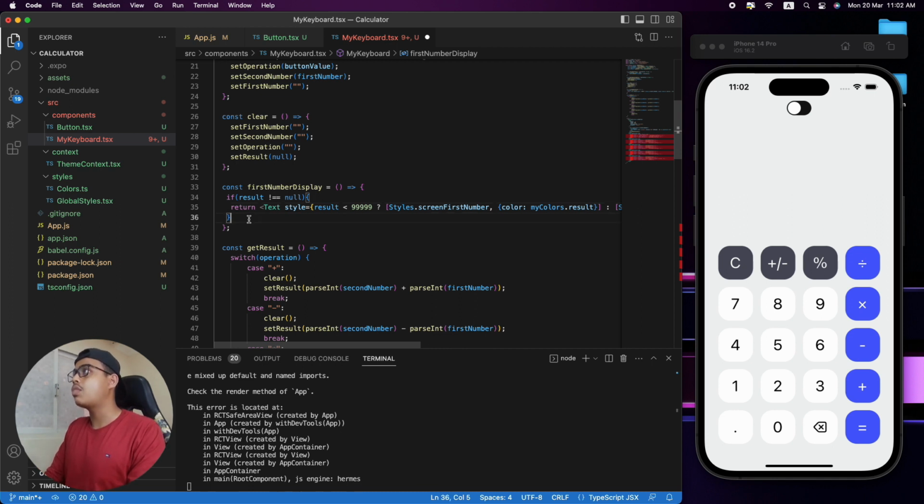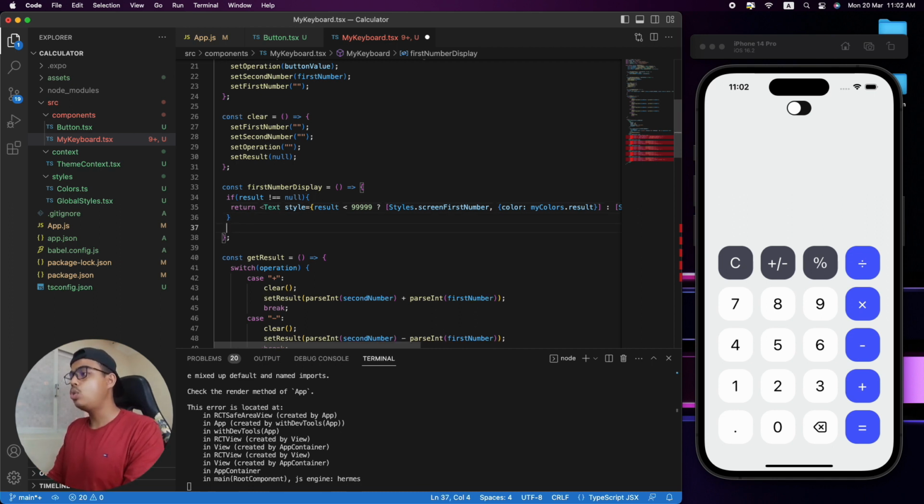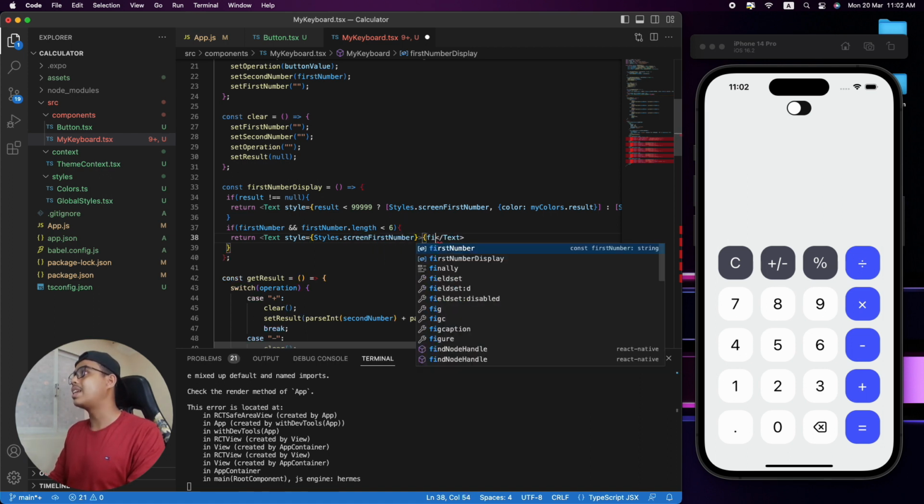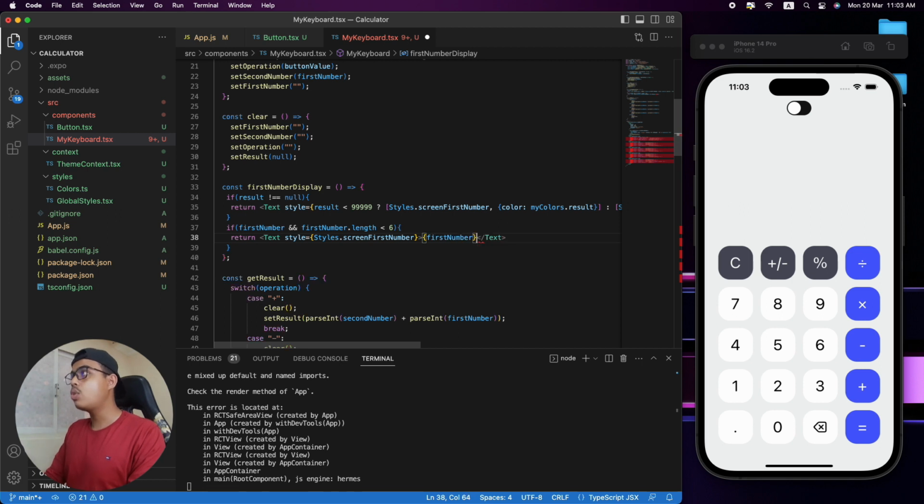in which we're going to select our first number and 2 times, and we're going to select our first number's length. It should be less than 6. If it is less than 6, then we're going to return a text to which we're going to be applying styling manually. That is going to be styles dot screen first number. And over here we would like to display first number, I mean to say the use state variable's value that is inserted in it. Then we are going to create our third if loop